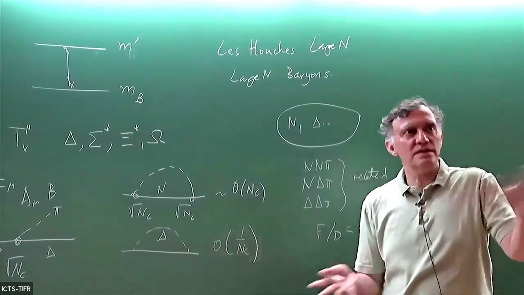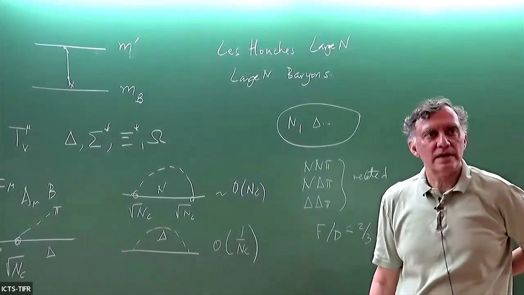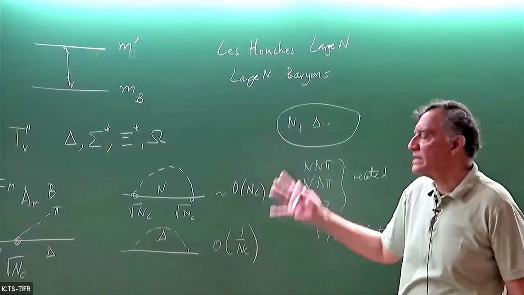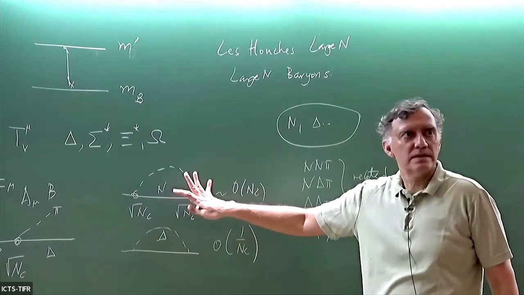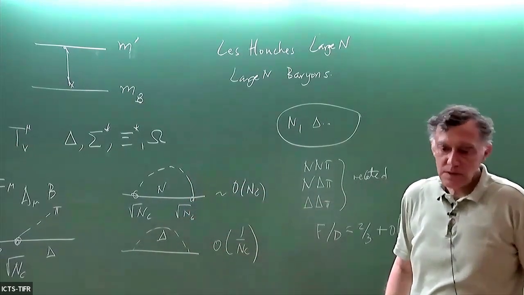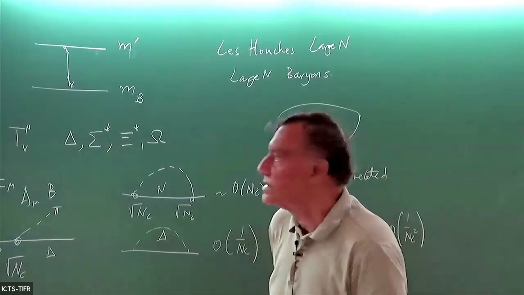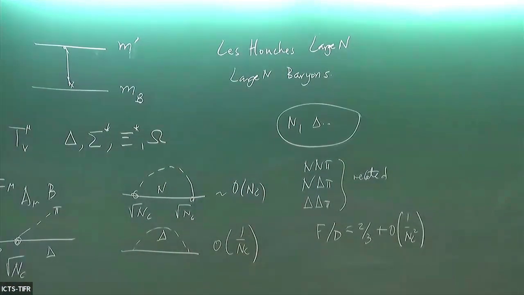And so there's a whole series of papers which we have on combining large N with chiral perturbation theory for baryons, and you have to do it basically for something like this because otherwise these corrections are big. So you can just look up what we did. But for right now, let's just forget about this and just learn how to set up the Feynman rules for the original theory.